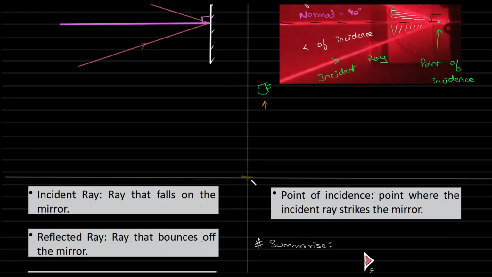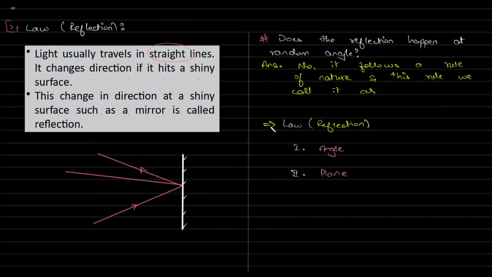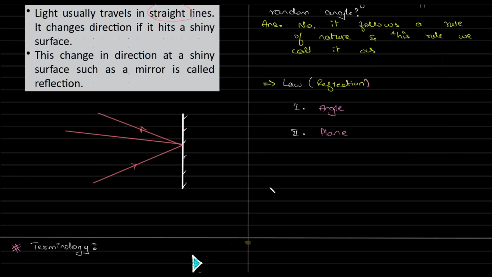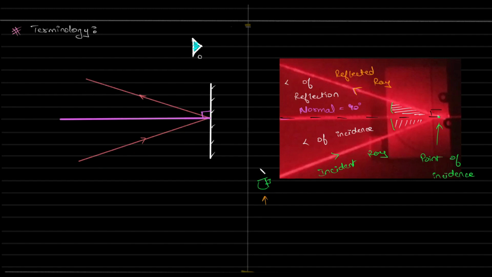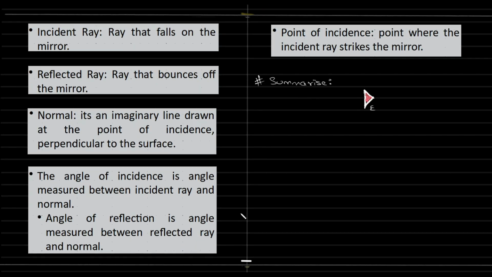Right. So before we start with the law itself, there's nothing much to write over here. So I want you guys to write the terminologies. First is the diagram. Please do copy this diagram with the labeling and all of that. This diagram with this labeling. Okay, and then if you guys have any confusion, you can copy from this. If not, it's okay. But the diagram and the understanding part is very important.